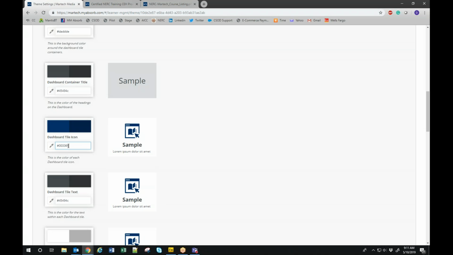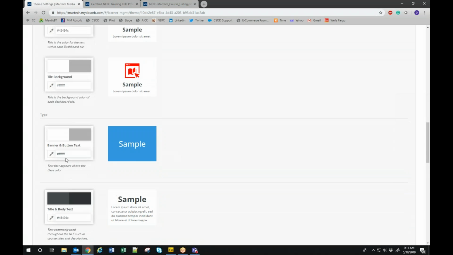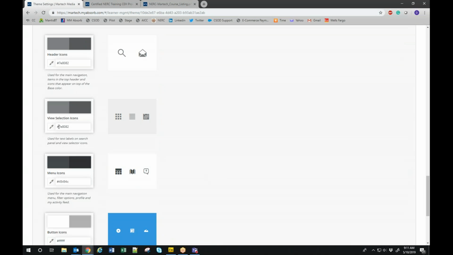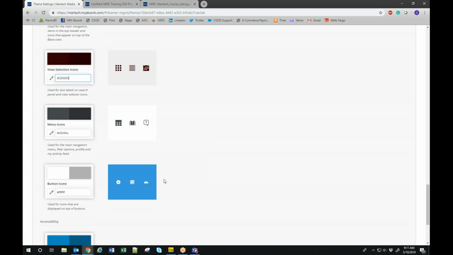You have the ability to edit your icons. So you see you have a lot of pretty complex abilities to customize. So we have a branding PDF that has all those colors and